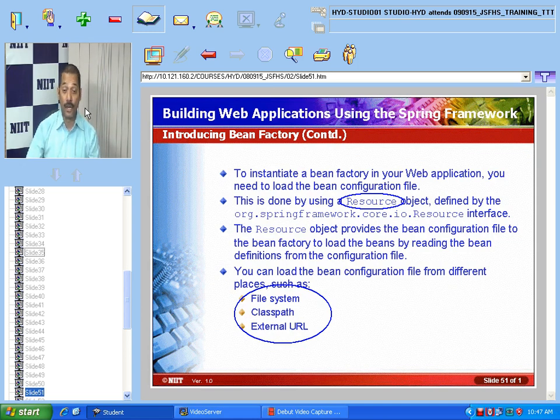For all the beans that we create, will the bean tag be added automatically? No, automatically it will not be added. You need to add those bean tags in your application context.xml file.